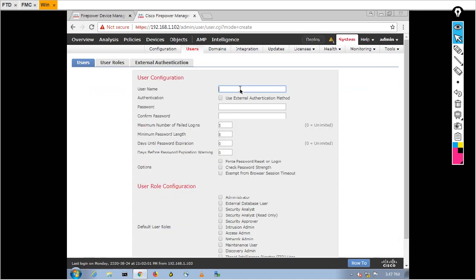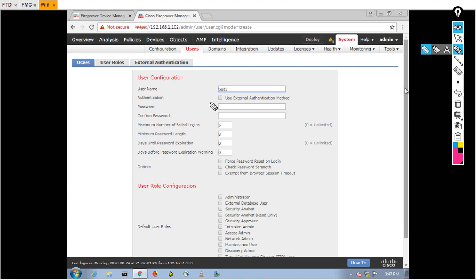In the username I am going to name test1. If you have any AAA server, you can tick mark these things, but for this lab I don't have any AAA authentication server, so I am disabling this option.